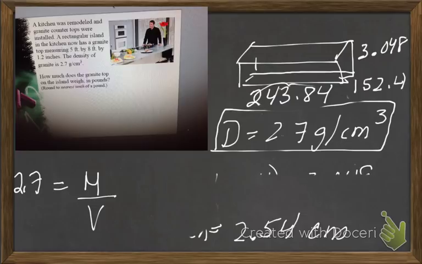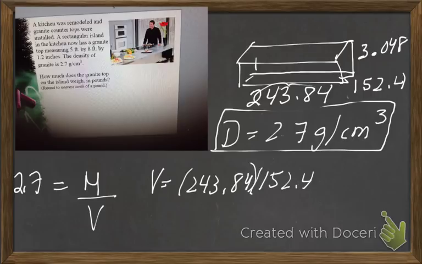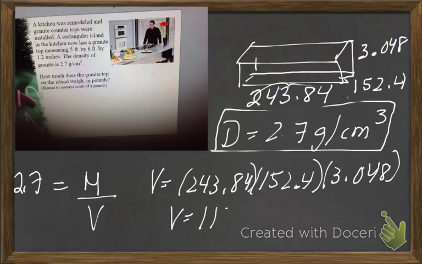Okay, let's make some room. Okay, so now I'm going to do the volume again, and I'm going to do my volume in terms of centimeters. So I have length times width times height. Okay, and when you multiply that whole thing out, you get this big, crazy number. Okay, so that represents our volume, and I'm going to move that into our formula over here.